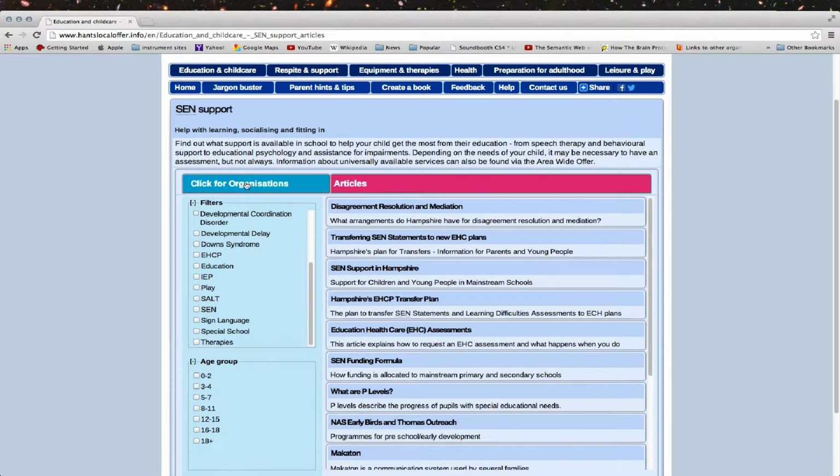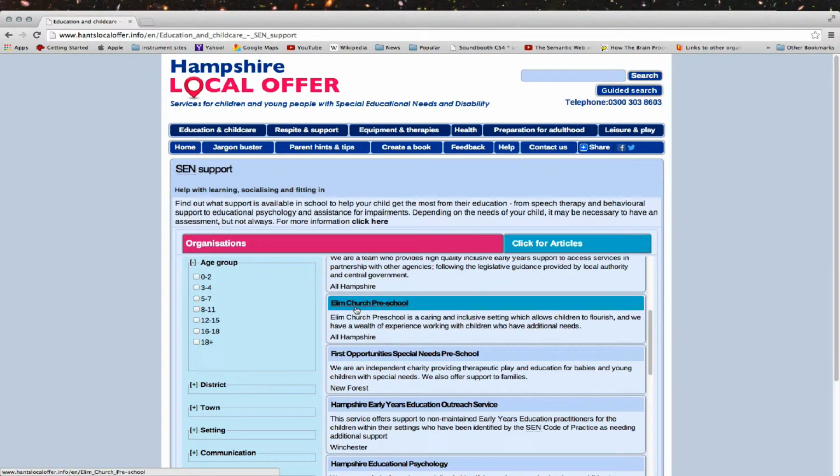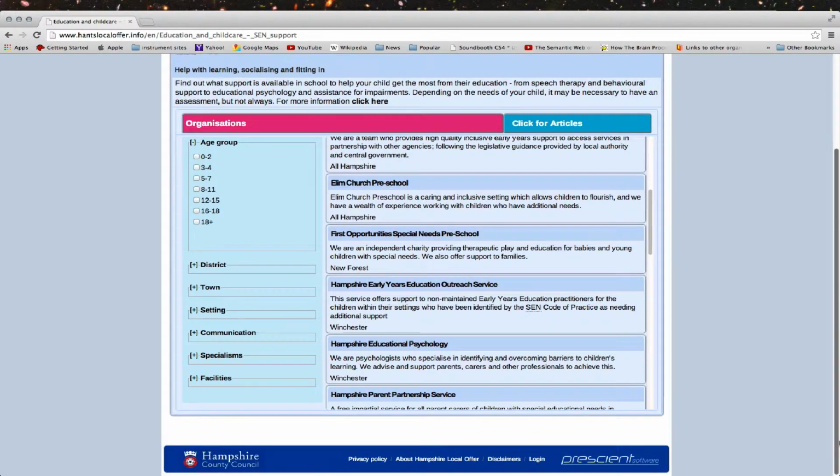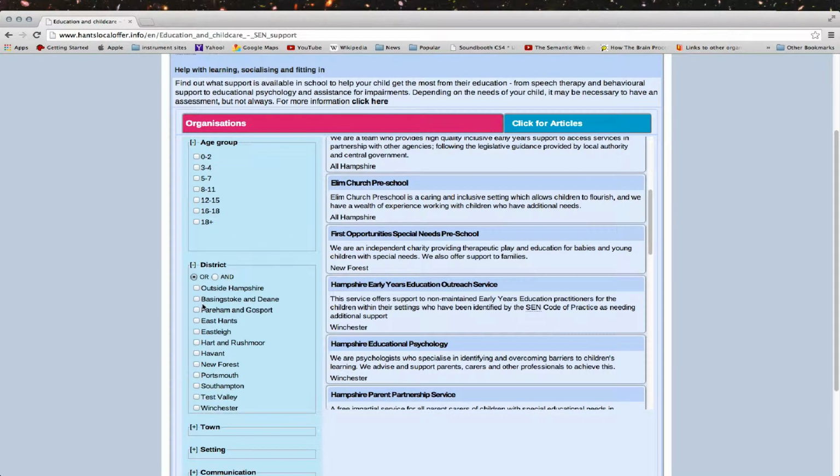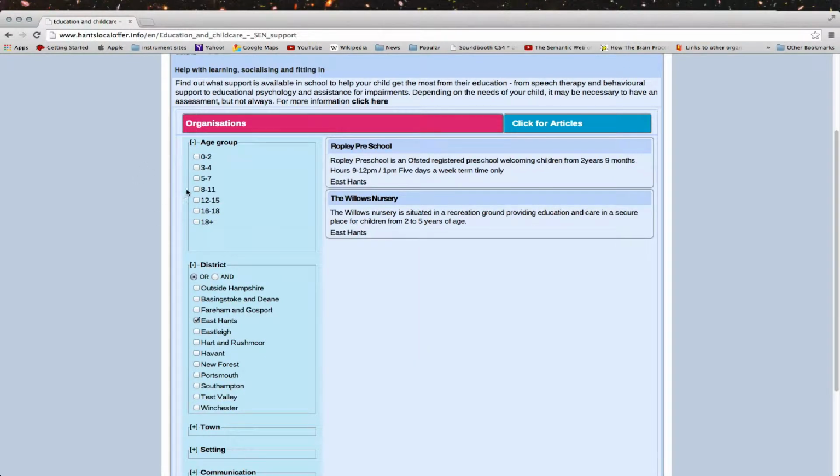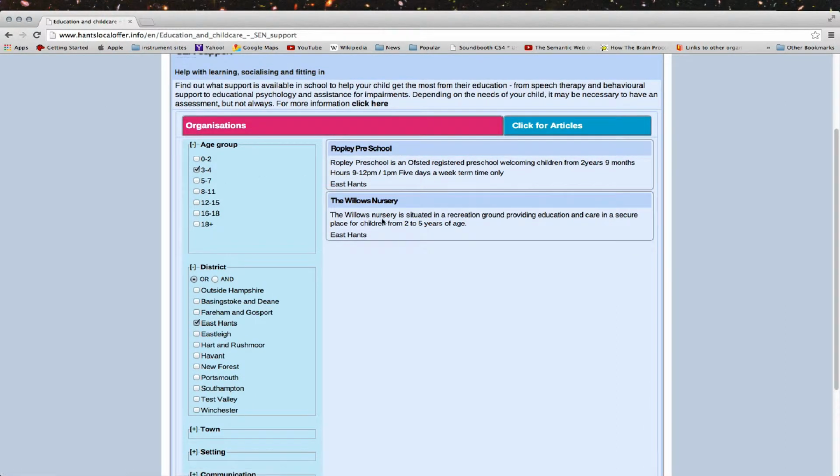With the organisations, we click on the organisations, and we'll see there are probably more organisations than articles at the moment. That will probably change in due course, but as it currently sits, there are more organisations. Now, you can select multiple filters in different sections. So for instance, if I want to select something that's in East Hampshire and for 3 to 4 year olds, it will bring me back those